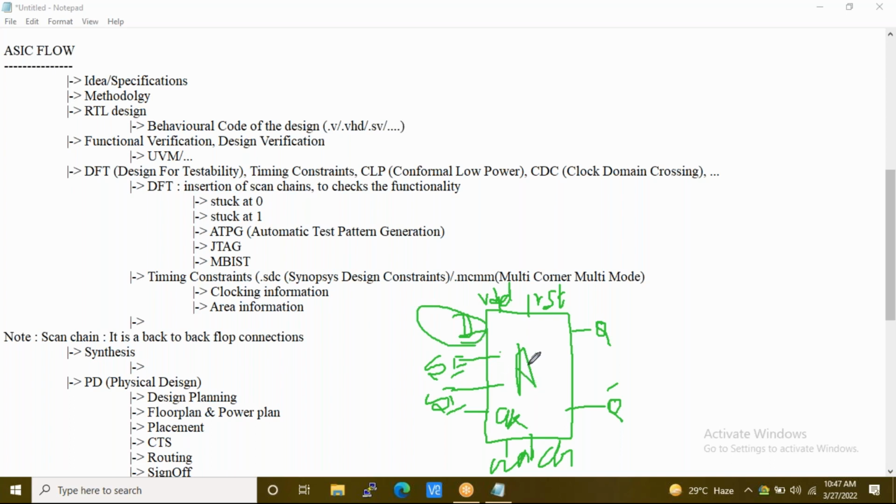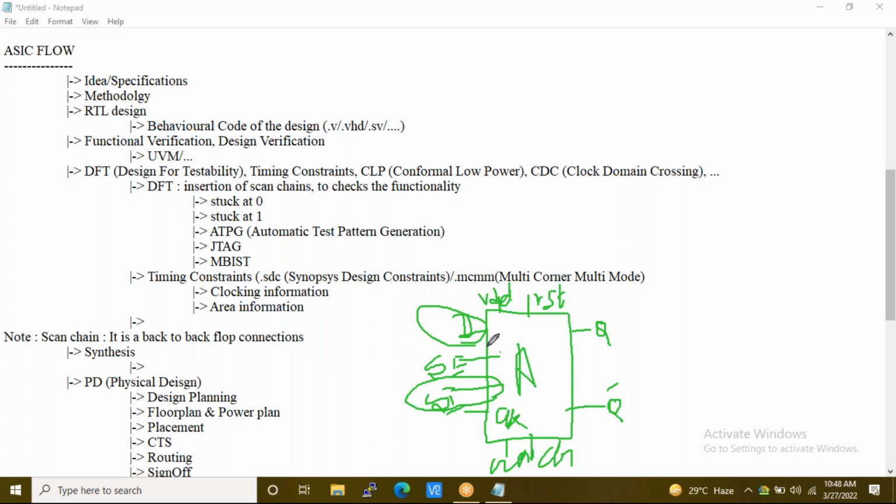If the cell's data is received using the scan input, it is called scan mode. Clear so far? Any questions?